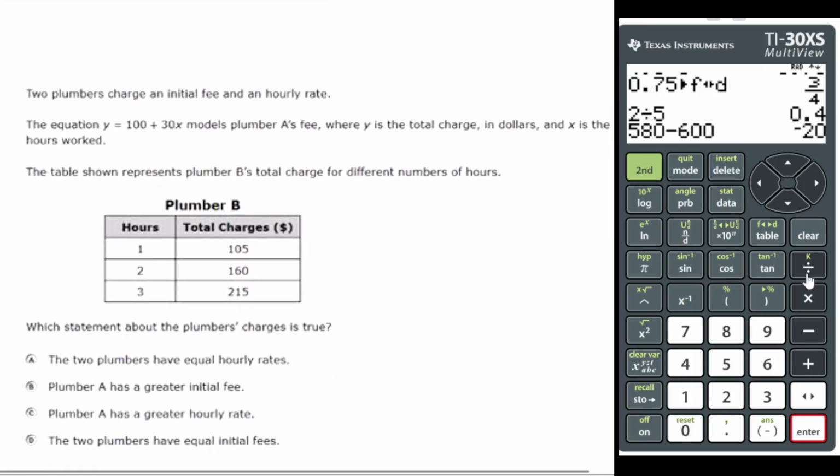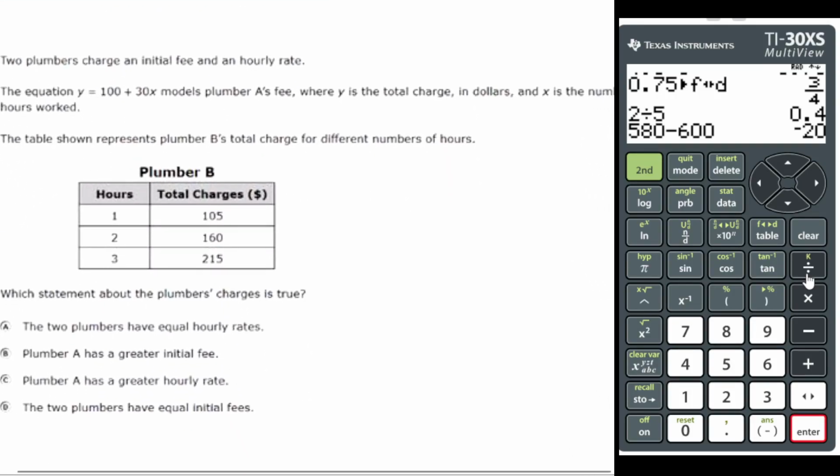Two plumbers charge an initial fee and an hourly rate. The equation y equals 100 plus 30x models plumber A's fee, where y is the total charge in dollars, and x is the number of hours worked. The table shown represents plumber B's total charge for different numbers of hours. Which statement about the plumbers is true? So we're given the equation for plumber A. Plumber B,